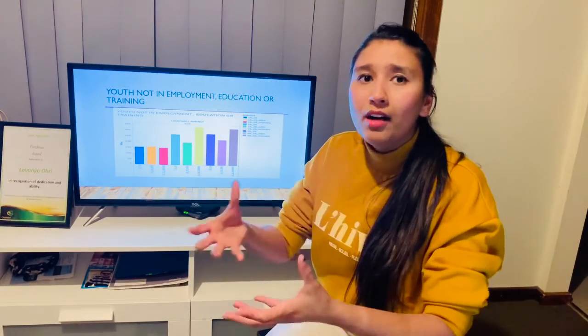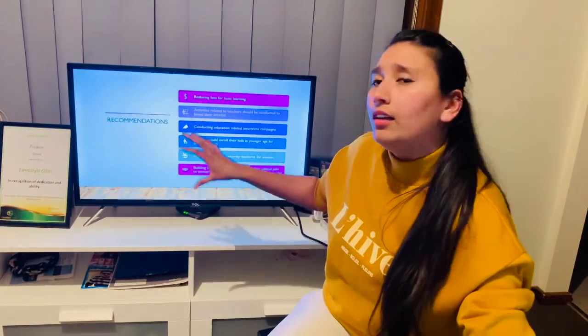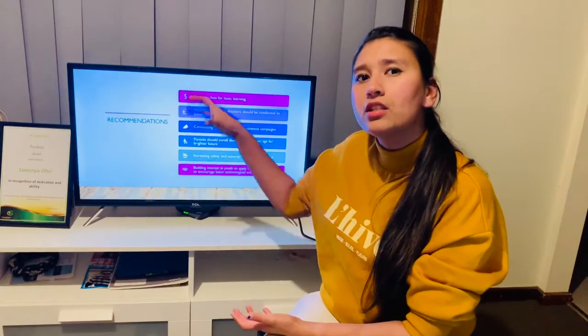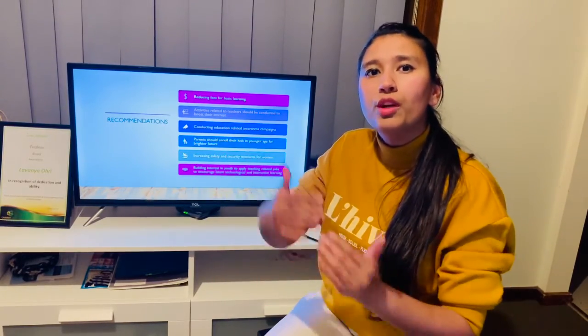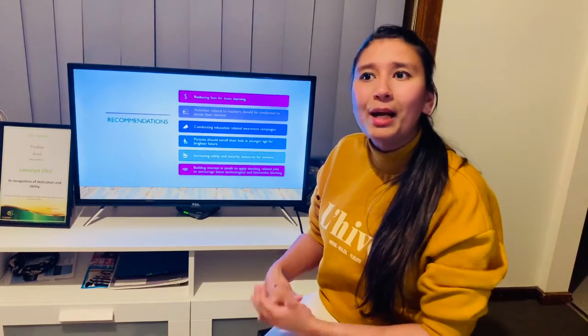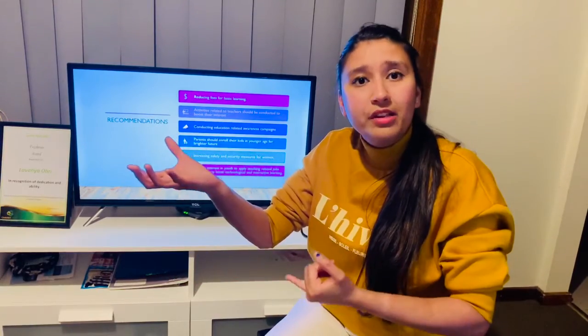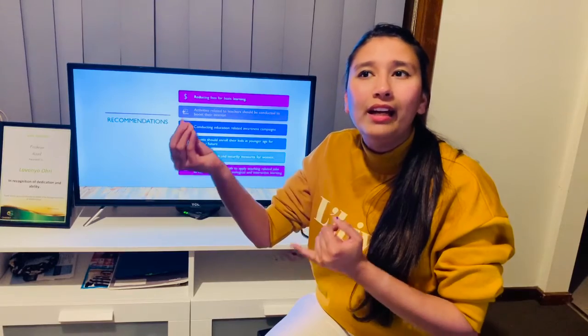Now, after viewing all this analysis, we have certain recommendations on what should be done in order to improve the conditions. Reducing fees for basic learning, so that parents and children understand that if the fees are less, they will enroll more. Maybe we can consider that fees are the issue. Due to high fees, they are not getting enrolled. So fees should be less, so that basic learning can be acquired by each and every individual, which is their right.